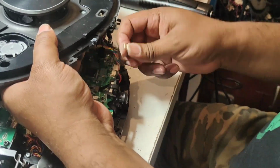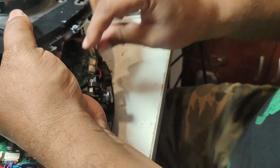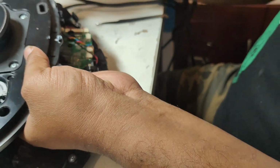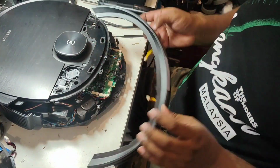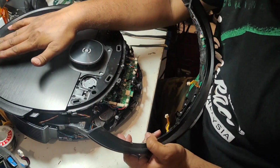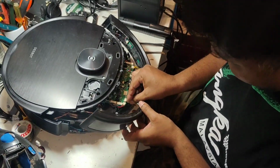This is the top wire, and the black one is the hinge horn, or horn hinge, whatever, the clicking sound sensor here. Okay, so now we will put back. I just attach these two wires and put the top cover slightly far. Now we attach these wires,